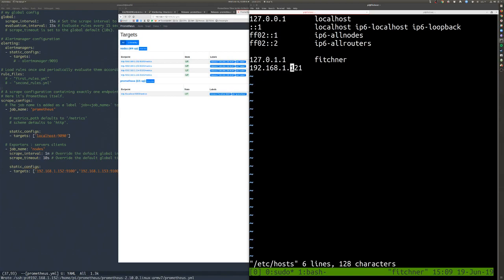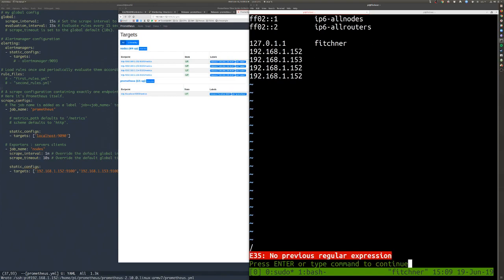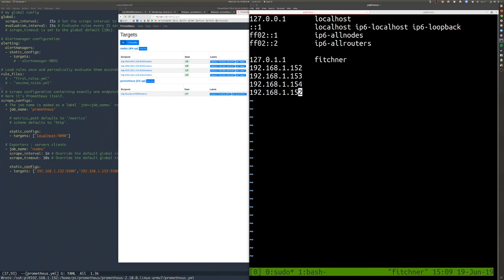Cannot type. Nope. 152. So 152, and then I'll do 53, 54, and 55. So if I got this right, Fitchner. There we go. And then this is Mustang. And then this should be Darrow. And this is